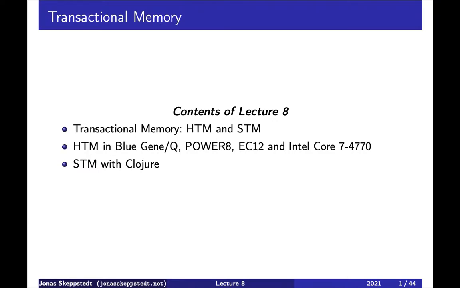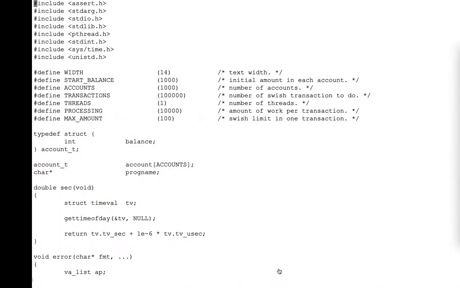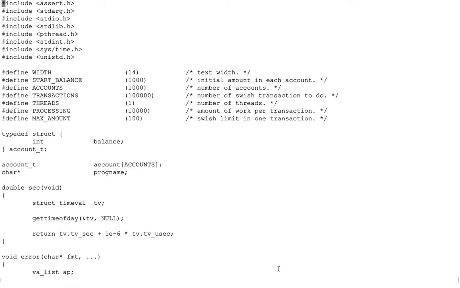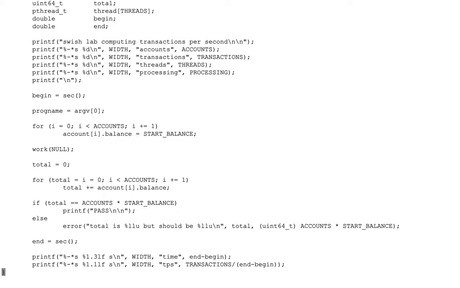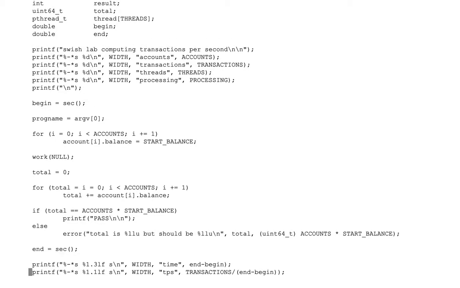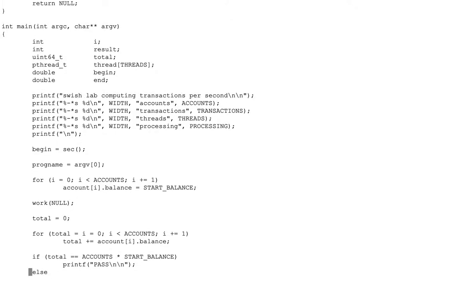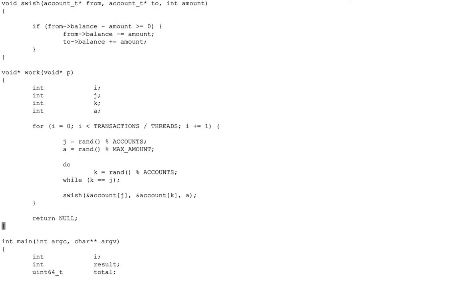But before going further, we will look at a simple example, namely a simulation of a popular Swedish bank app called Swish, which lets us transfer money between bank accounts using phone numbers. I mean, yeah, we send money to a mobile phone number. This is a very trivial simulation of this, but we have bank accounts with a balance, and no phone numbers are involved, just the index to this array of accounts, and each gets a start balance, and then we do all the work here and simply randomize